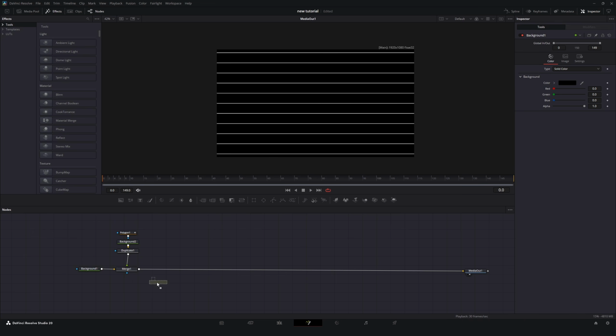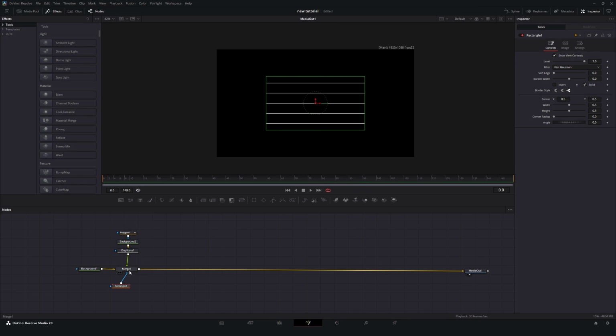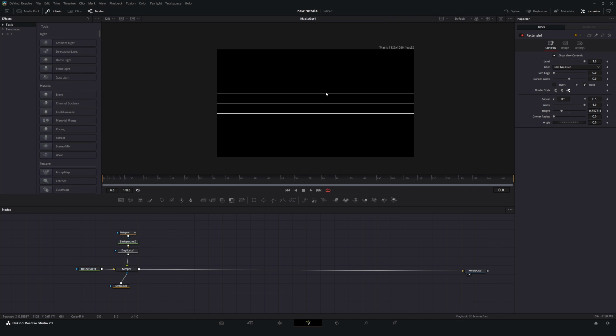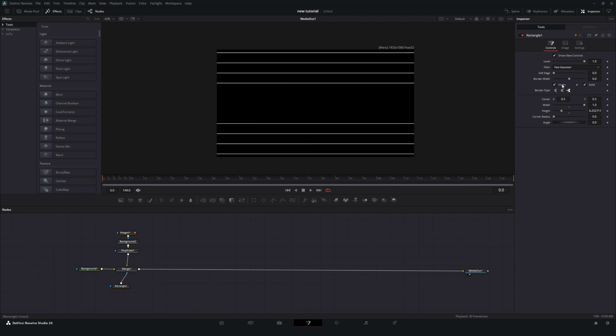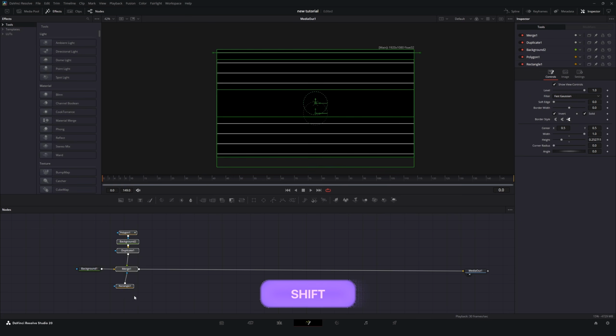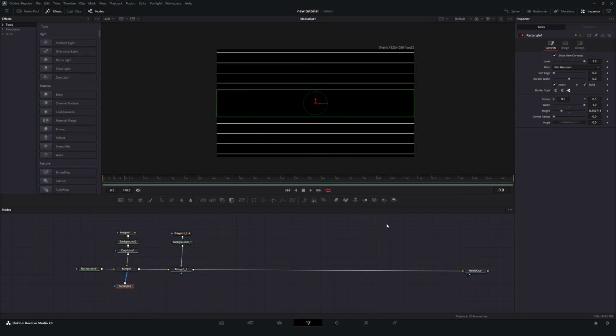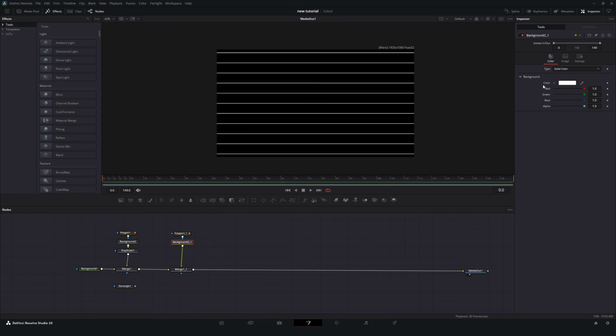From here, grab a rectangle mask and connect it to the merge. Adjust its properties so that only the 3 lines in the middle will show up, and then invert the mask. Next, copy these nodes and while holding on shift, connect them. Delete both of the rectangle and duplicate nodes and disconnect this rectangle mask for now, and lastly change the background